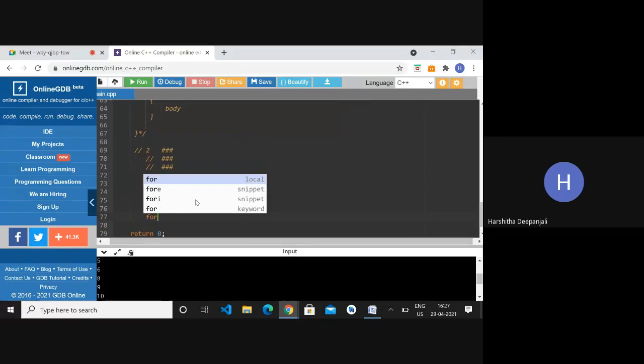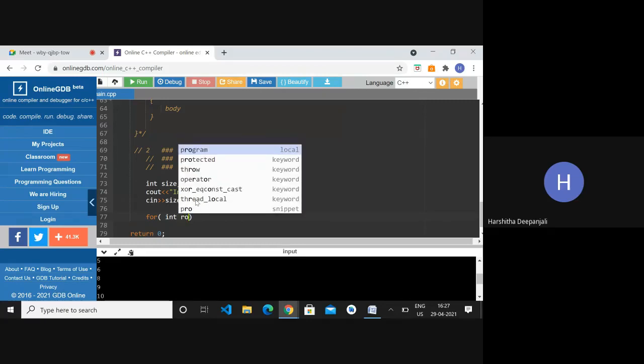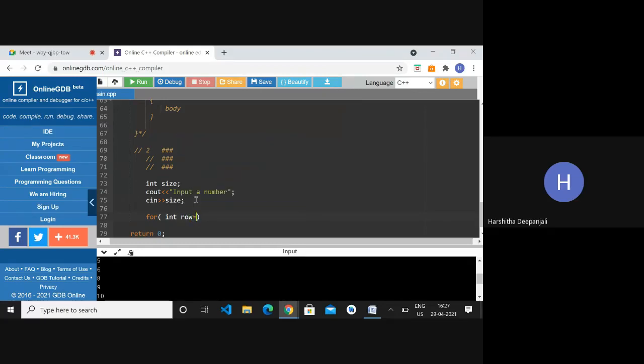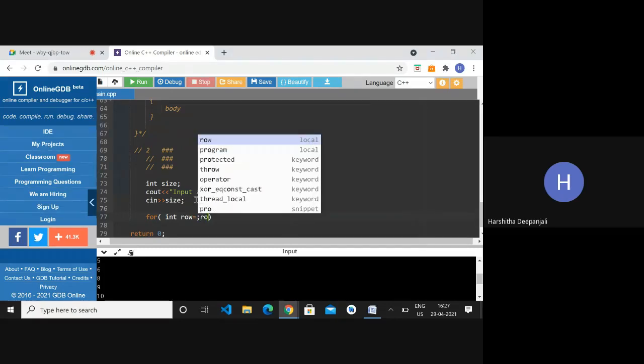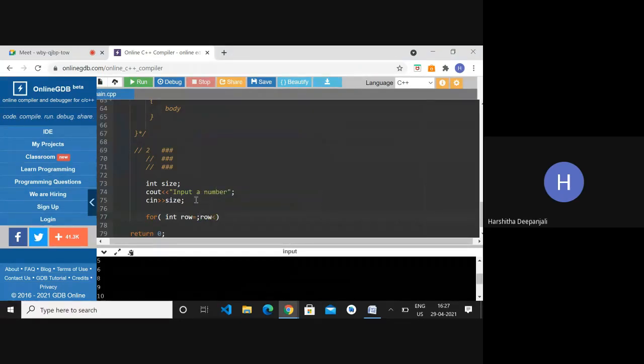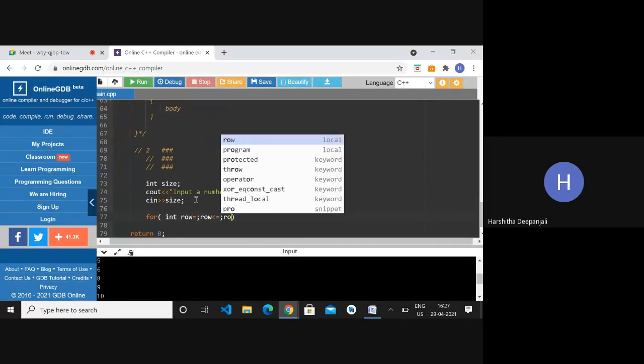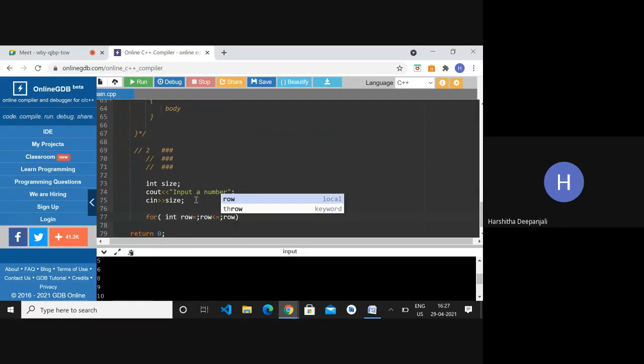And next what I need to do is, so take the first one has row equals whatever, row less than or equal to whatever. Then what increment you're supposed to do. Okay. So again, within this for loop,